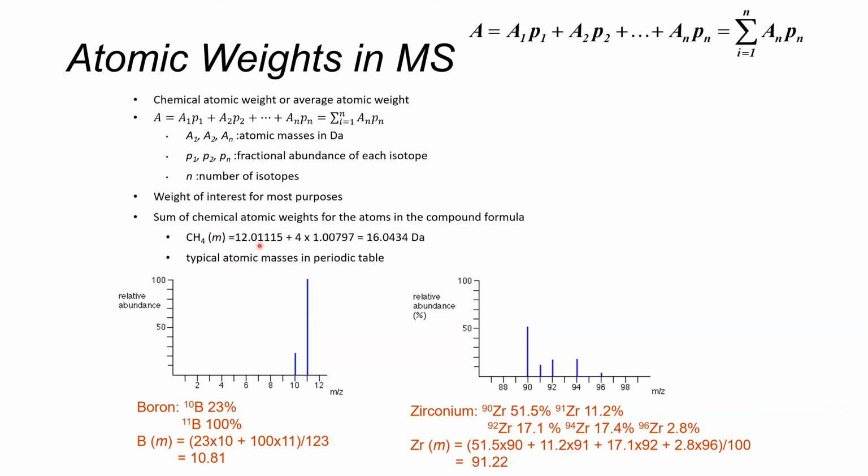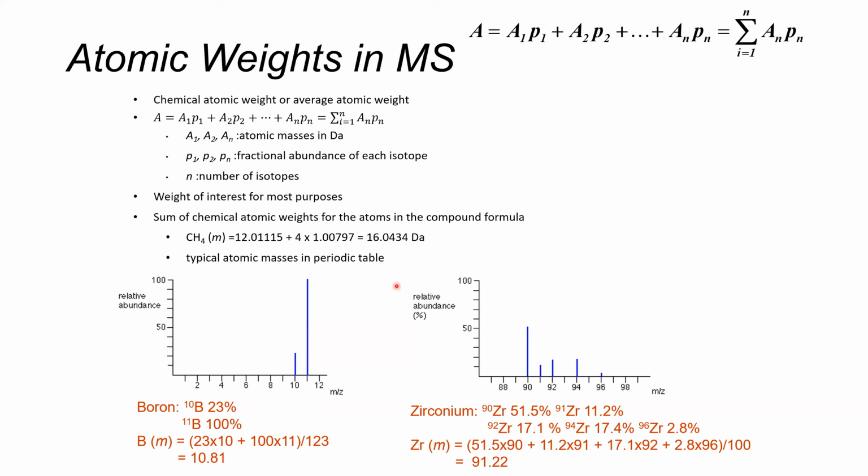So it would be 12.01115, the most abundant form of carbon, plus 4 times this mass for hydrogen, which would give us 16.0434 Daltons as the exact weight of our methane. So typical atomic masses in the periodic table are found like this. For example, we can see here below a mass